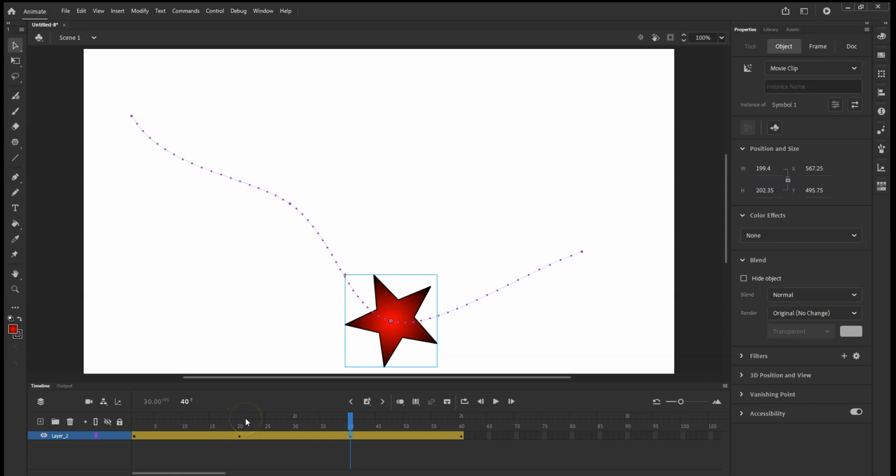Now the cool thing is that we can do even more with these keyframes. Once we have created a keyframe, we have those options. Additionally, one thing I want to point out is up here at the object itself, the star that we've created. We can change the properties of that star. So for example, right now this is set to a movie clip. We have other options called button and graphic, and we will explore these a little more as we move through the course. But if I change this to a graphic option real quick,